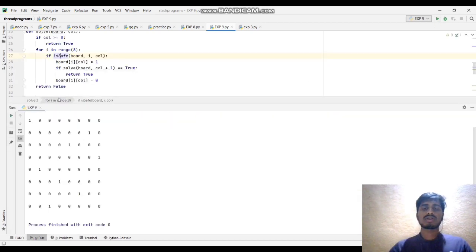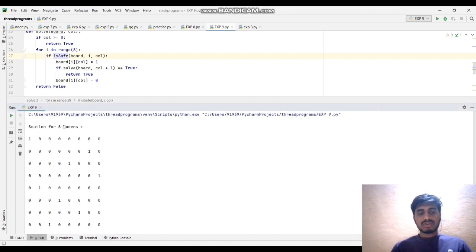This is the output of 8 queens. In the first row, the queen is safe in the first column, and for the second queen, the seventh column is a safe one. The third one is 6, the fourth one is 8, and for the fifth one it is the second column that is a safe one. Like that, this output represents the queen status, where the queen is